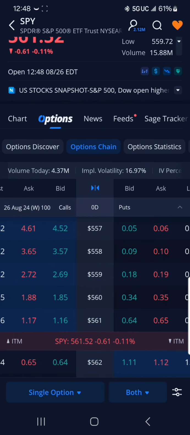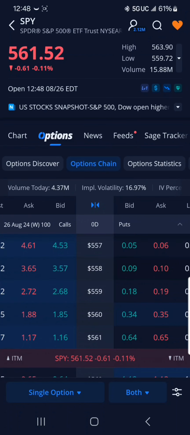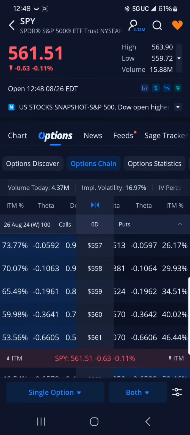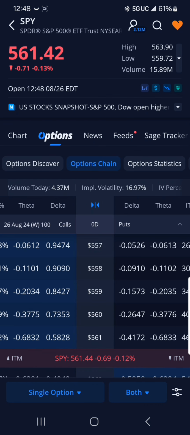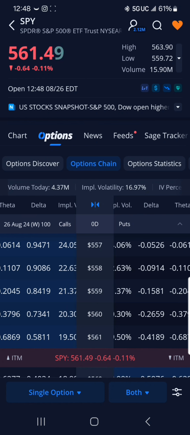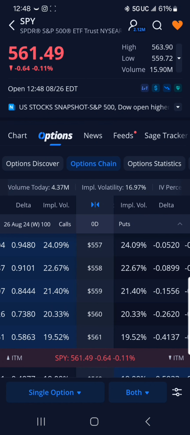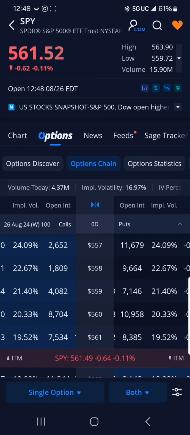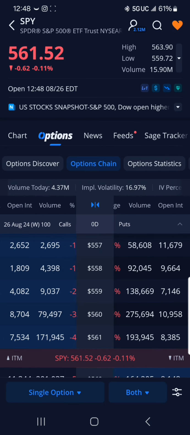Let's see. I can get in a 561 put for 65 bucks, so just out of the money. It's not too bad. Let me look at the Greeks on that. 46% chance of being in the money. Theta's 0.6, so time decay is decent. Delta's 0.4, so the price moves pretty good as far as how much the contract moves as the price of the stock changes. Implied volatility 19%,